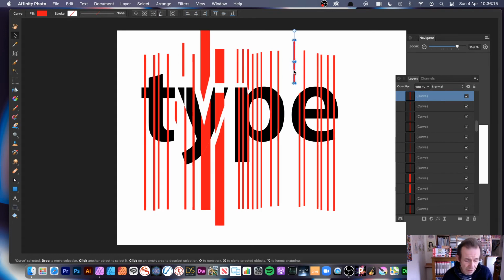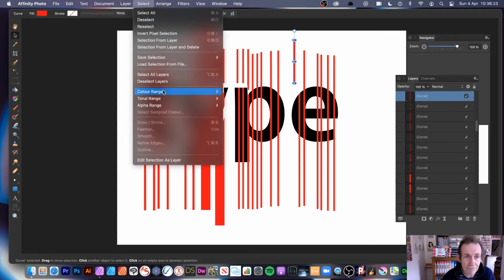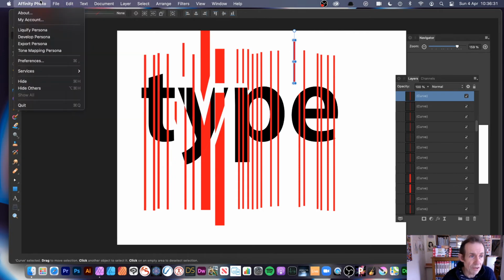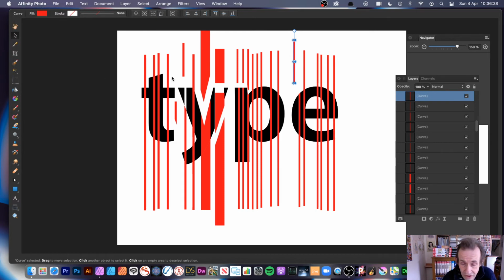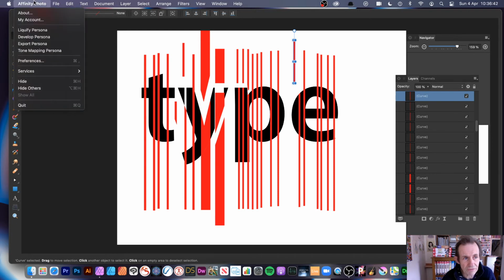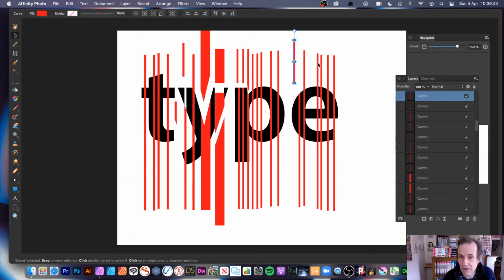Now, unfortunately, in Photo, there is no select by colour feature. So you can't go up here and say select same colour. I'm not certain why that hasn't been added. However, you can do it in Affinity Designer. So if you've got that, I guess you could always, if you could access the personas, go to Designer or simply just do this in Designer. That's the one weird thing with Affinity Photo. Didn't realise that. Anyway,